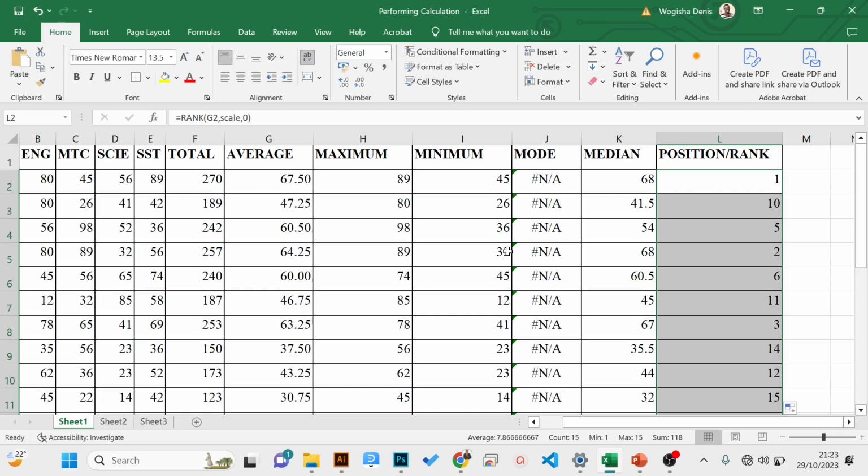In the next video, I'll be sharing with you how to use logical functions, how we use the HLOOKUP, the VLOOKUP, the XLOOKUP to do grading. But that is it for